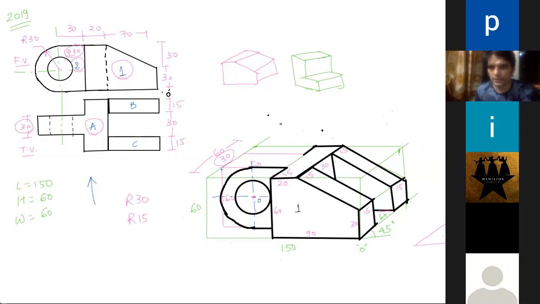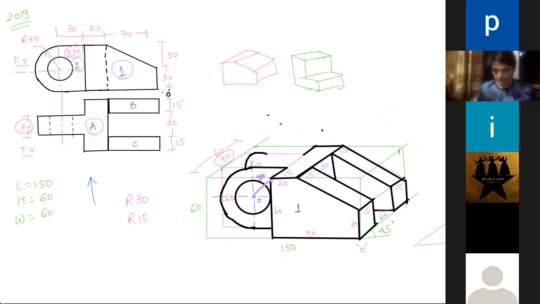I will use a different color. So from here, you go behind by 30. Wherever it cuts, from that point, you draw a circle. Again, radius 30. So then it will be like this.